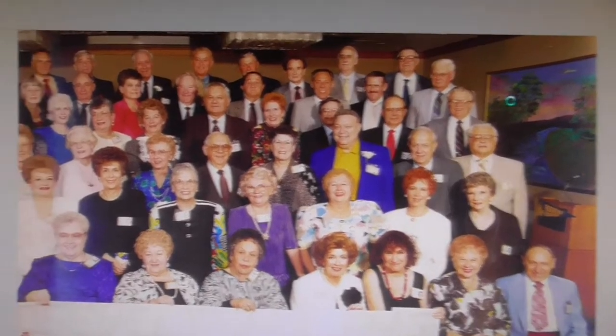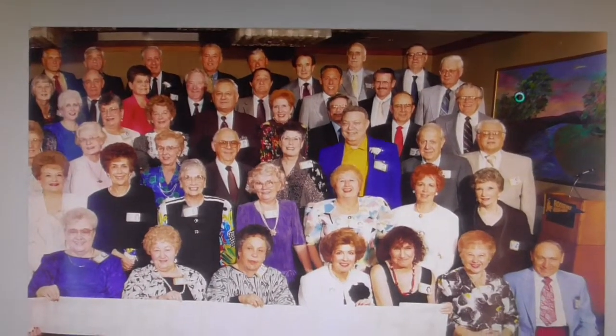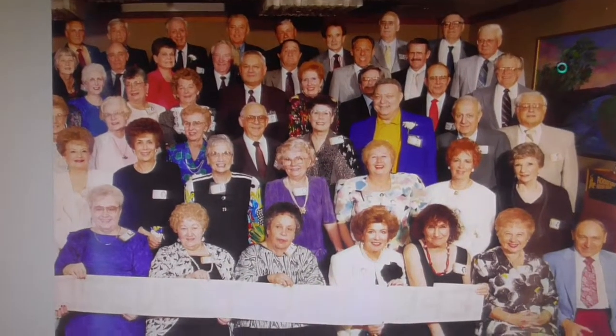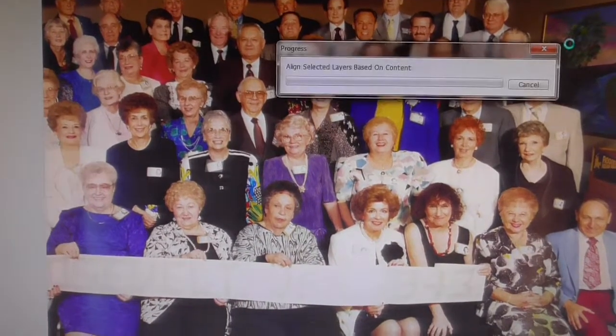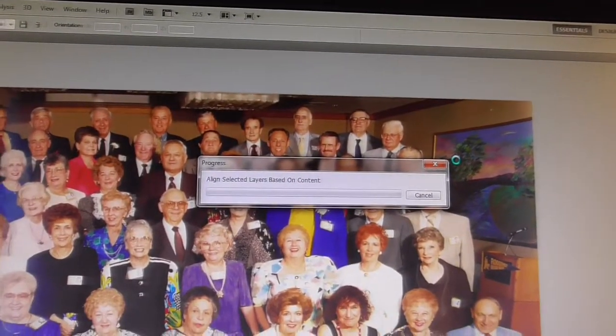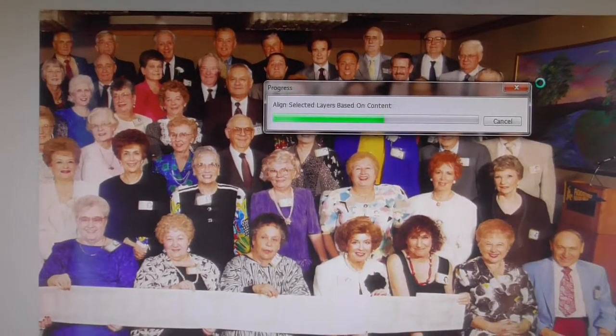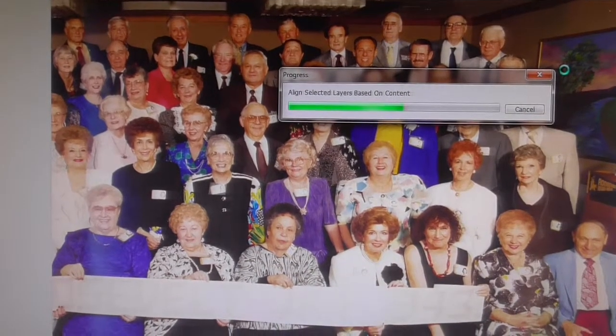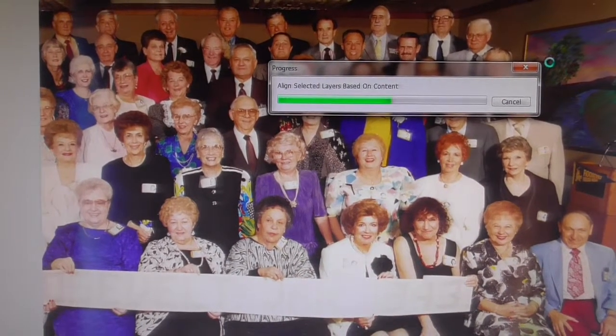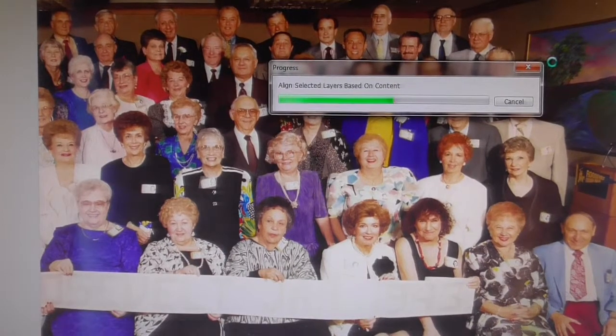It still doesn't have the full right side of the photo with that woman on the end and the woman with the sign over there. Okay, it's selecting layers, it's doing what it needs to do, still going through its process. Most of the picture looks like it's been stitched properly,